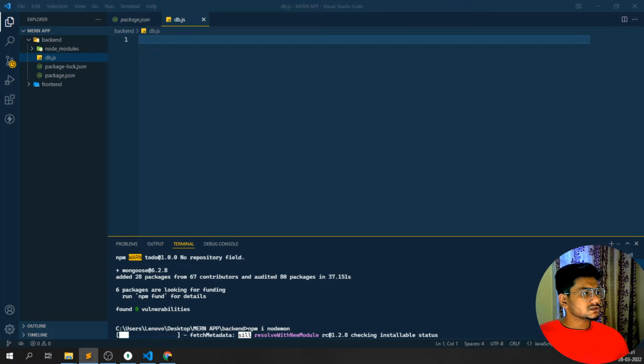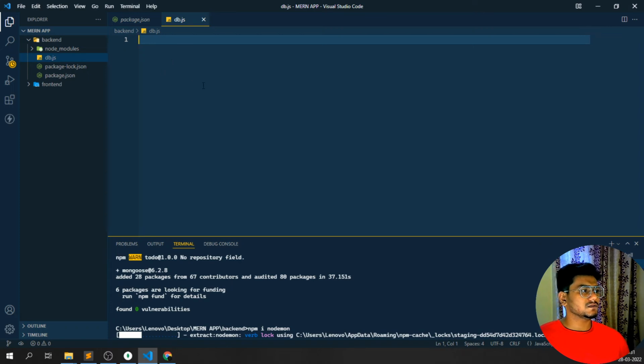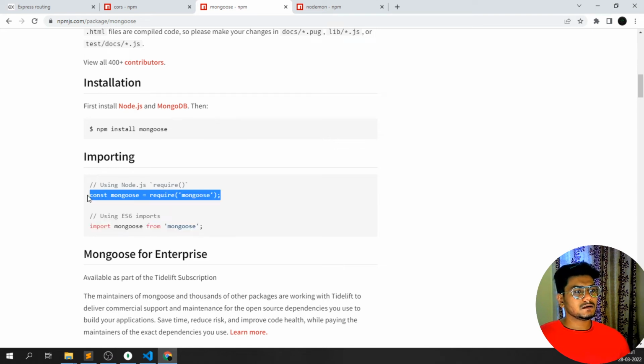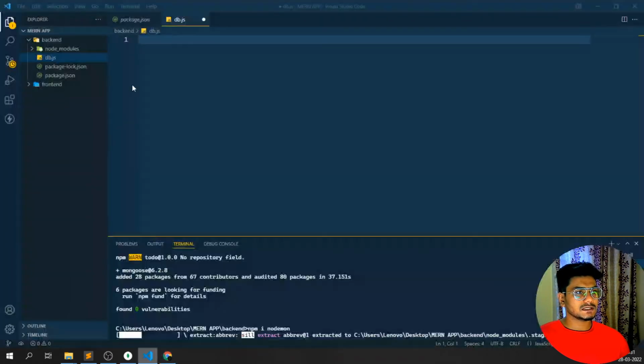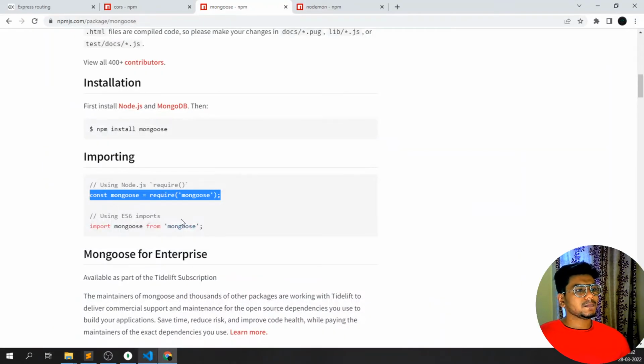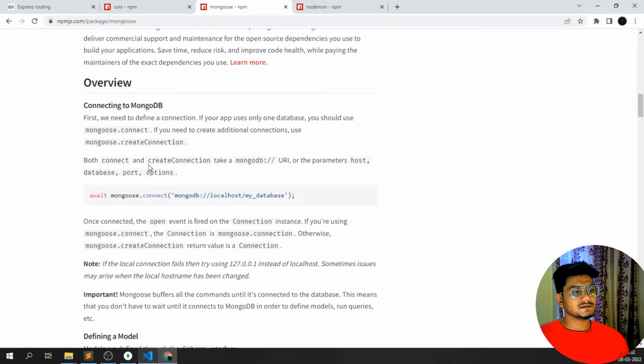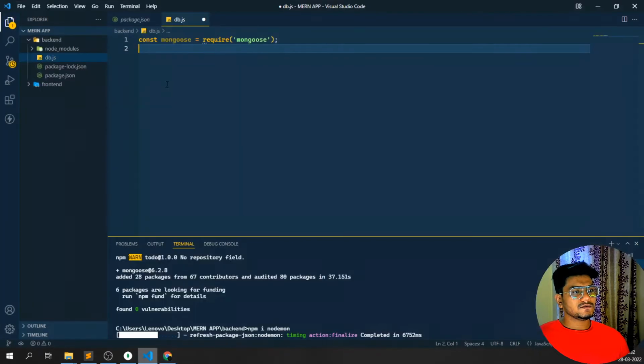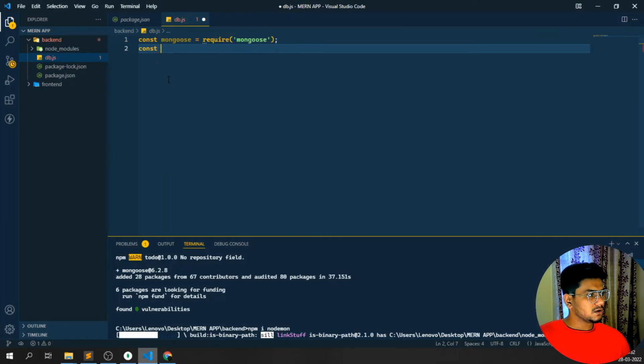In the db.js file, first I need to connect the database. So first I need to import Mongoose. Same as it is, const mongoose require mongoose, I'll paste it over here. So Mongoose is done. Next I need to give the URL of it. You can see they have connected in this particular fashion, so I'll be using this fashion. So I'll just write const